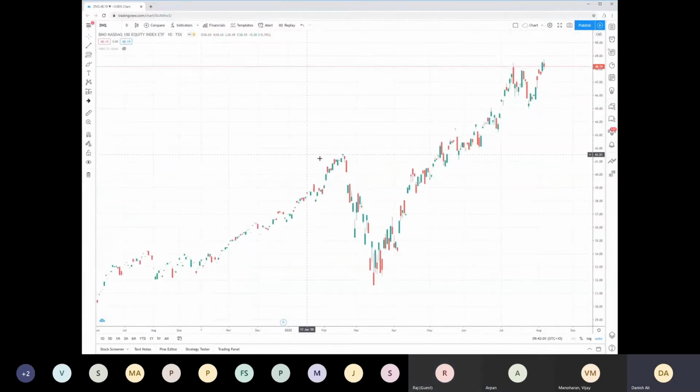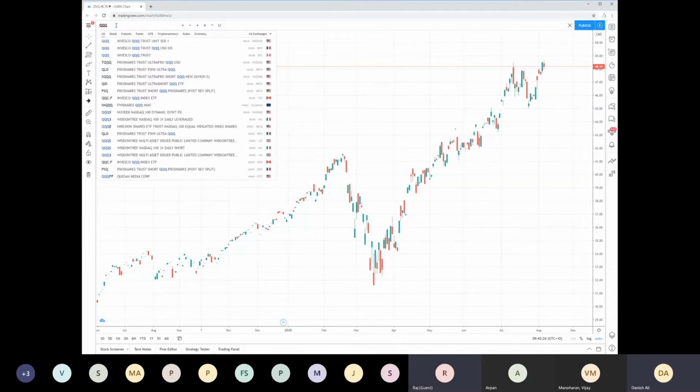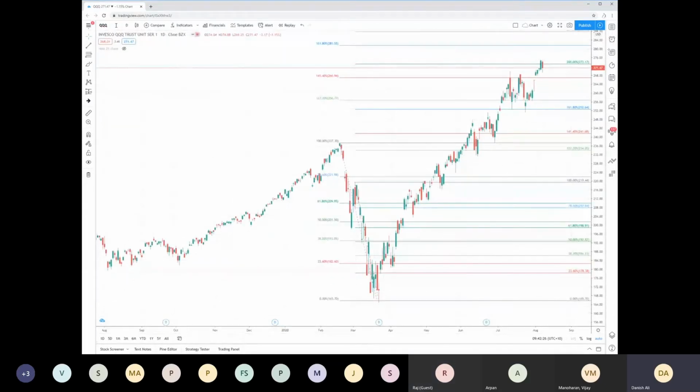This is good, but here is what. I live in Australia, you live in Canada. We both want a pie of America. What happens is all of these countries have something similar to what America has. Like ZNQ is $48, and here is QQQ, which is $271. The chart looks pretty much the same.